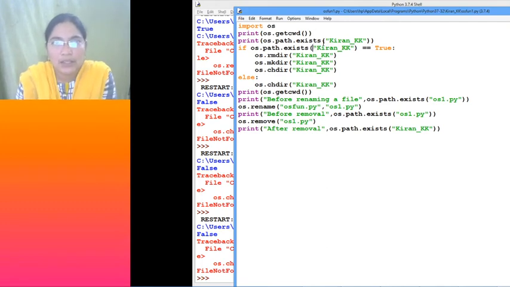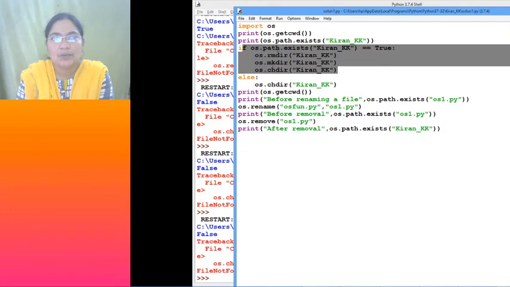We are already within Kiran KK. Within that there is one more Kiran KK. No, false. So if it is false, then we don't want to change also now, because we have just seen how it is working, right?